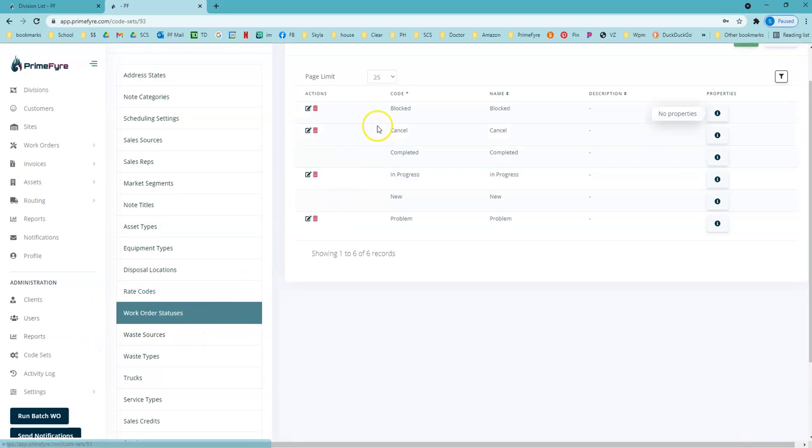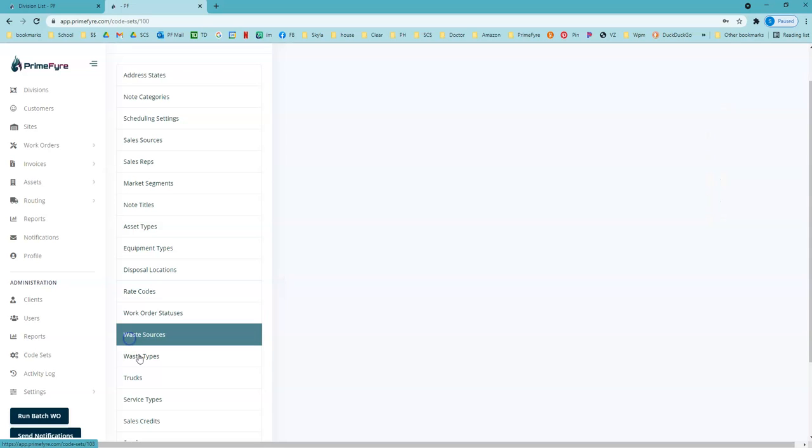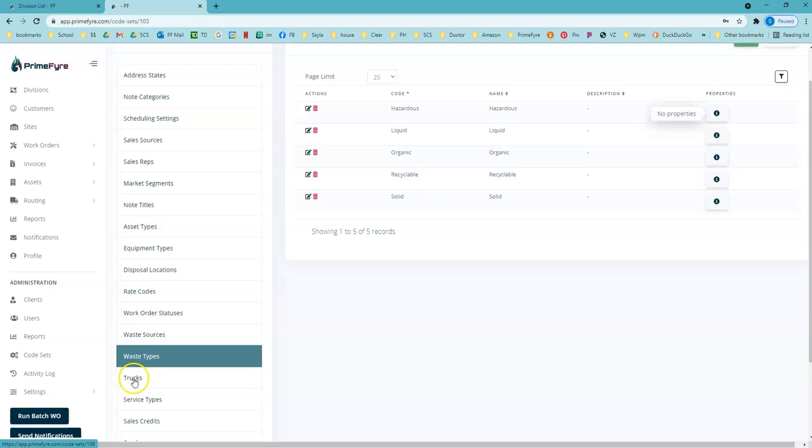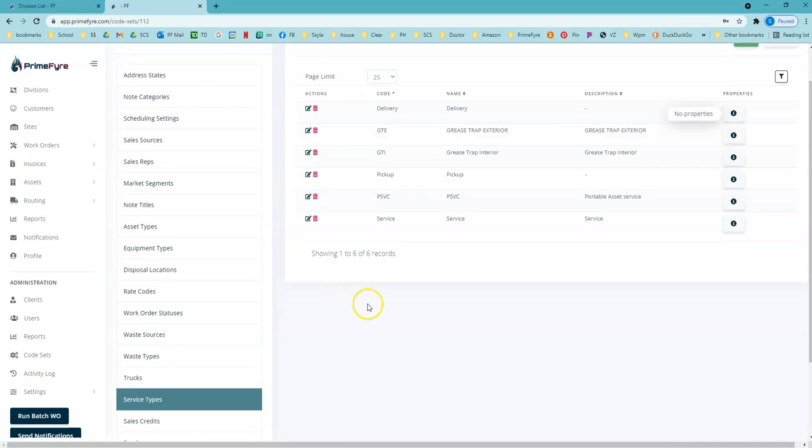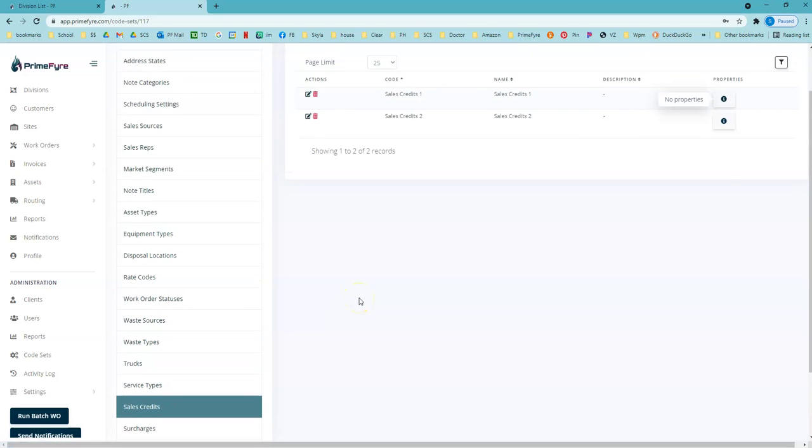Work order statuses. These are the actual drop downs that your technicians will be able to choose from if they're using the driver app. As well, these are the statuses that your dispatcher will need to change the work order to from the dispatch board or from the site in order to make sure that the system is handling the next process properly. Waste source, waste type. You can specify your trucks, types of services. So these would be the next level detail of the service work orders. Sales credits,